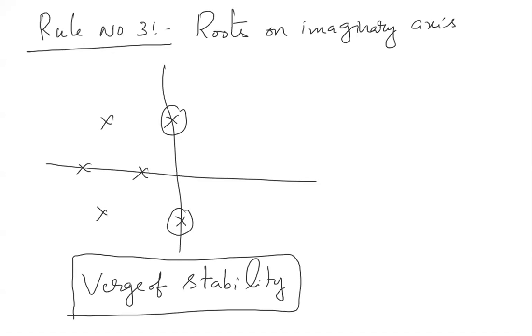On the verge of stability, that means all the roots are lying on the left side, only 2 roots are lying on the imaginary axis. So write this rule. If one pair of roots on the imaginary axis, comma, equidistant from origin,